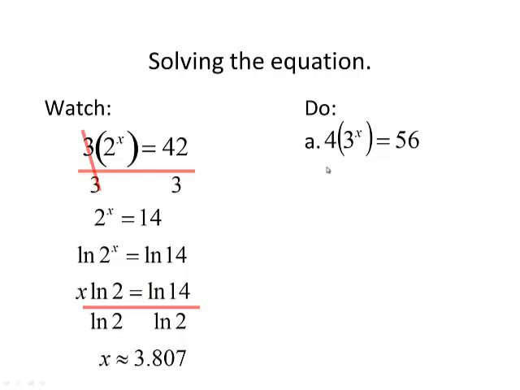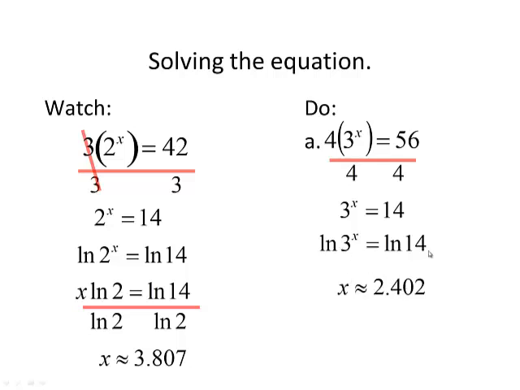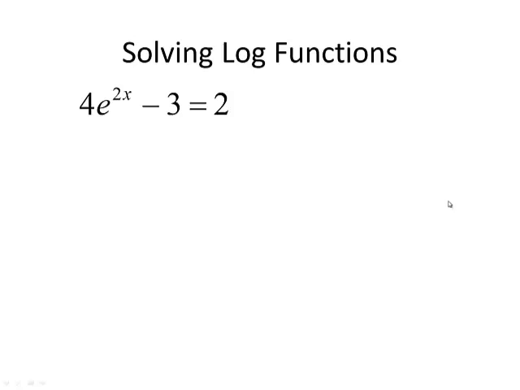Okay, are you done? All right, so divide both sides by 4, and you get this. Take the natural log of both sides, move the x to the front, and divide by natural log of 3, 2.402. I hope you're doing well. Okay, all right. Next,